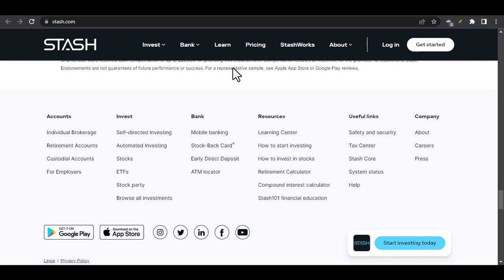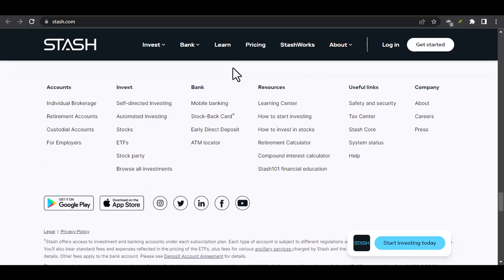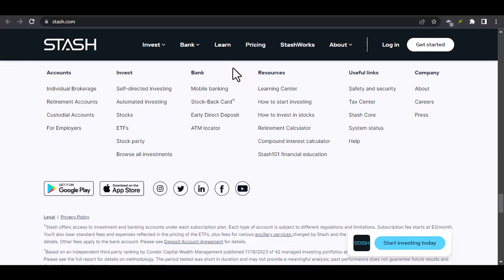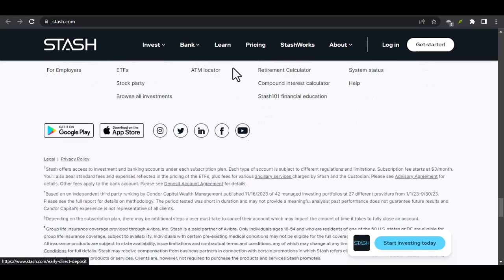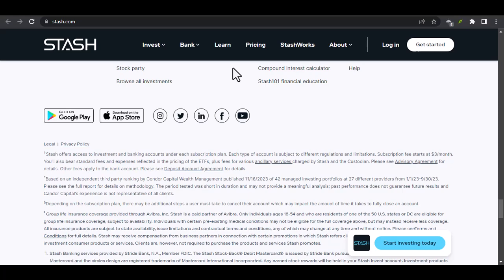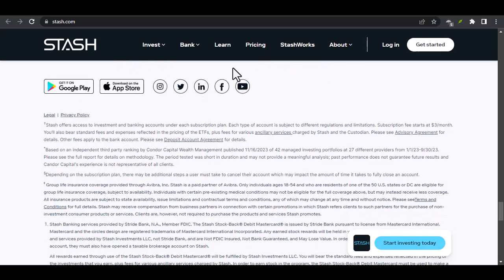through the process. Remember to consider the tax implications and any potential fees associated with withdrawals. By understanding the steps involved and planning ahead, you can confidently withdraw your funds from Stash and enjoy the fruits